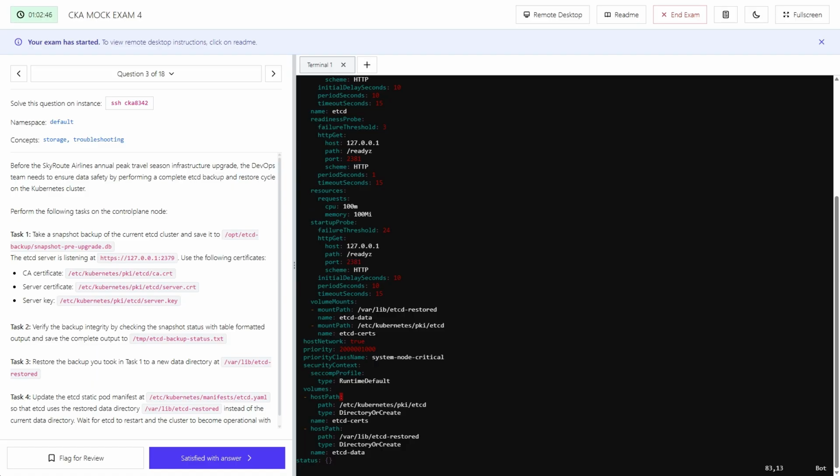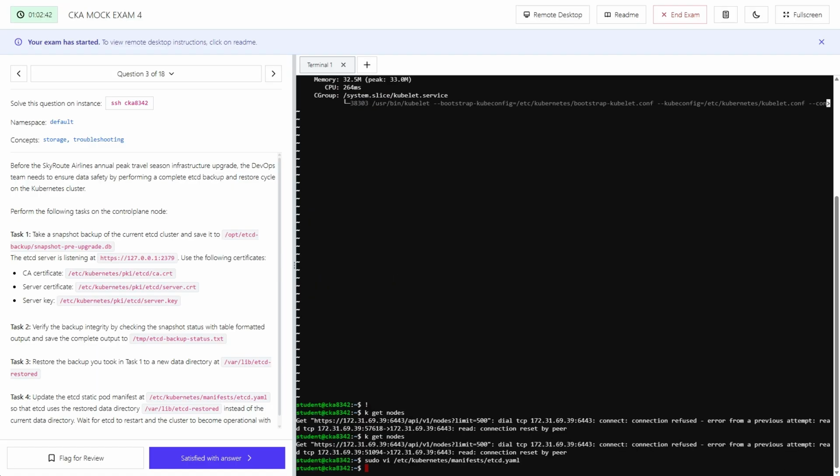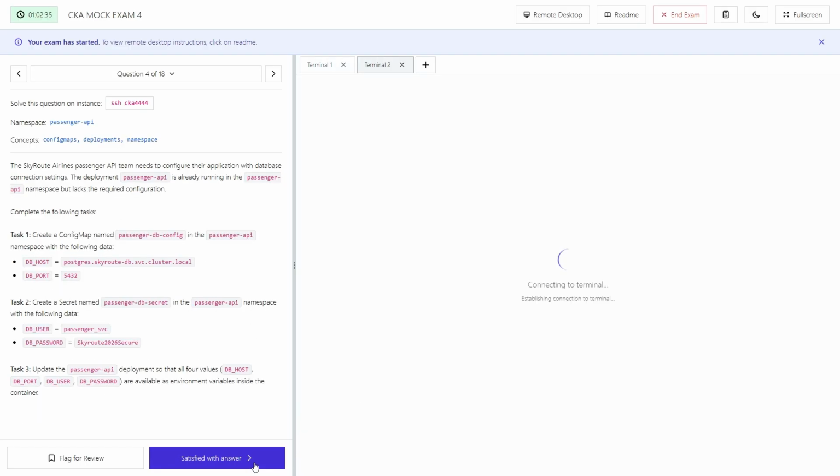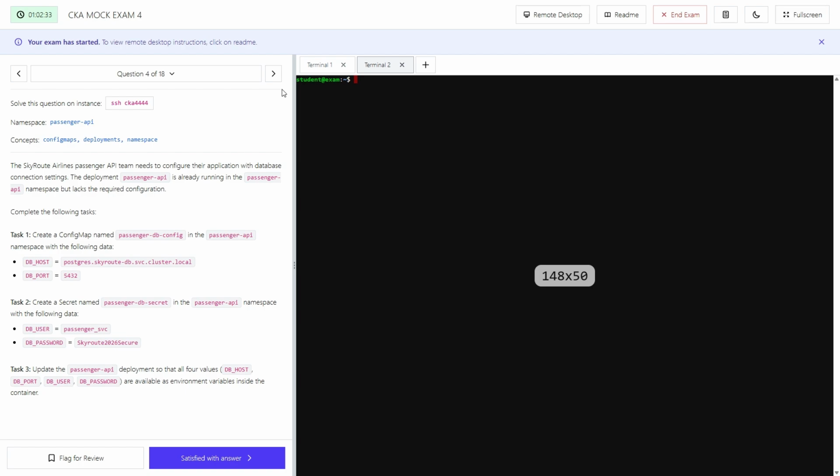Okay. For the time being, we will leave this exercise like this, and we'll go to the fourth exercise. Now we have another namespace, passenger API, and the question is: